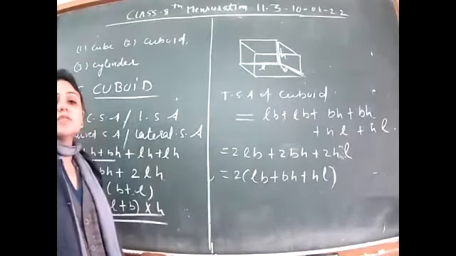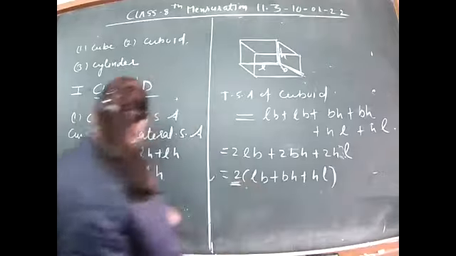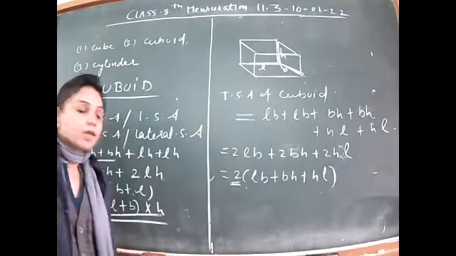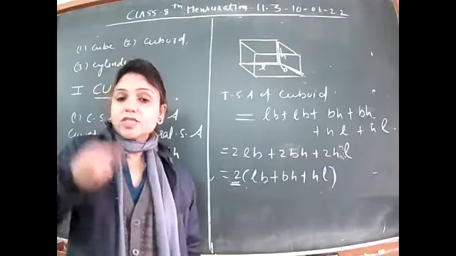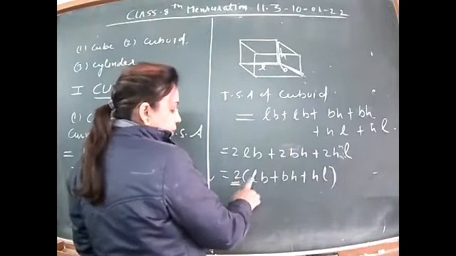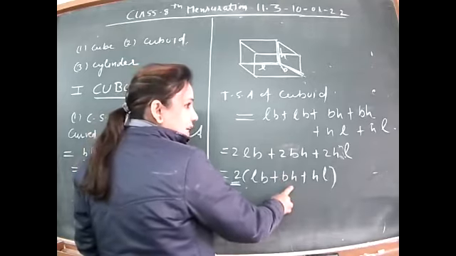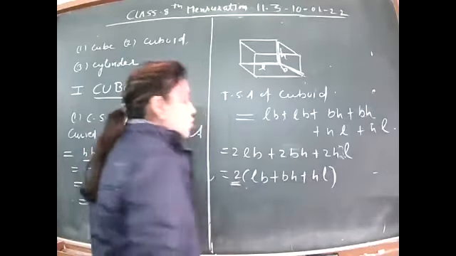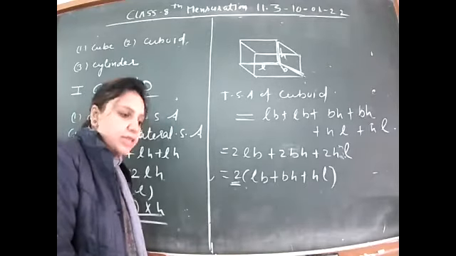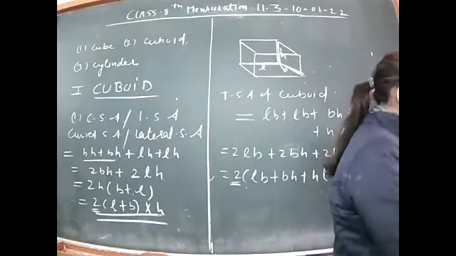How you will remember this? Very easy. Total surface area का formula 2, इसमें भी 2 है, और में भी 2 है. Total surface area में भी 2 है. Start with L and keep on going with the next letter of the dimension. 2 LB B पे खत्म. Start with B. BH and at H. Start at H. HL. So you will be having 2 into LB plus BH plus HL, that is the total surface area of the cuboid.